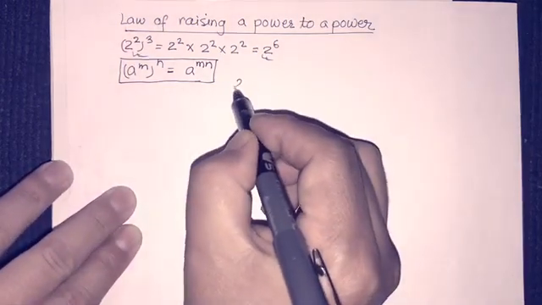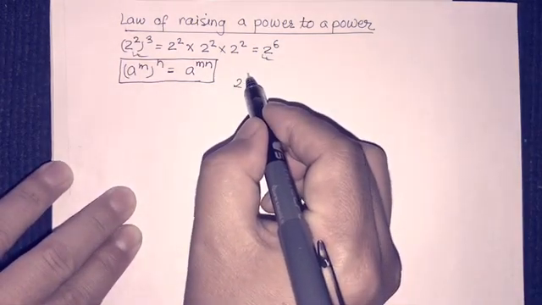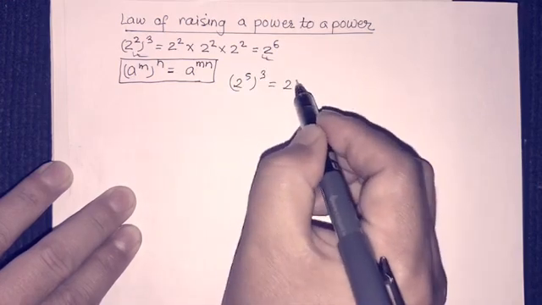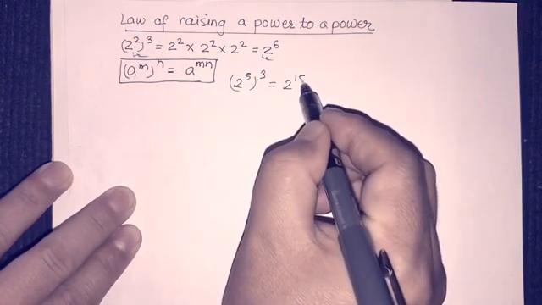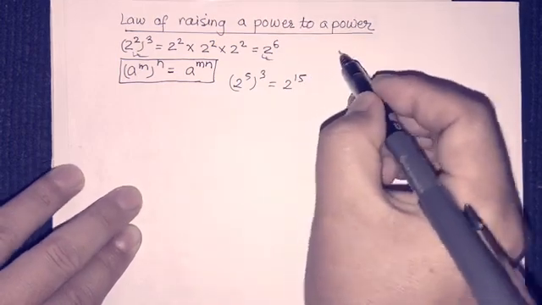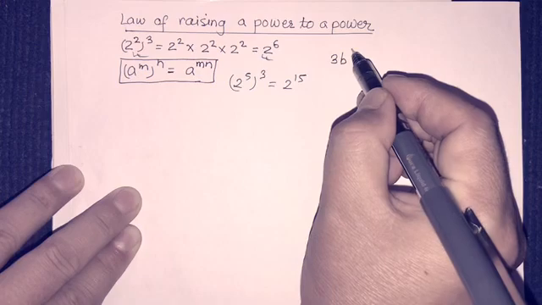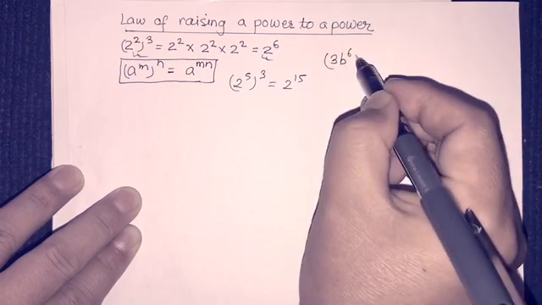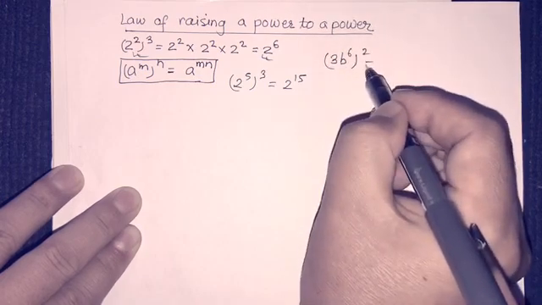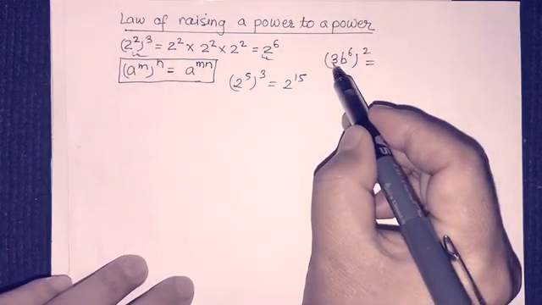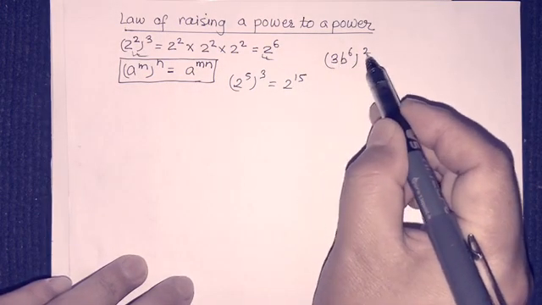Now let's see an example. So it becomes 2 multiply 15. And another example, that is 3b6, and look at here, it has 3 also. Okay, so this